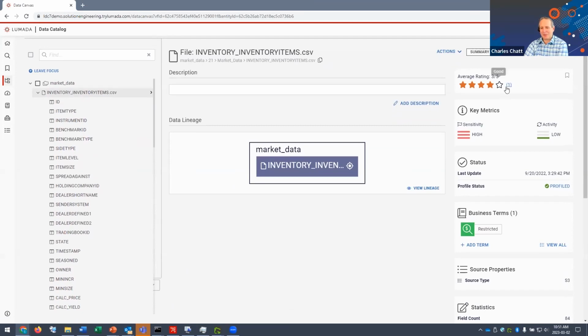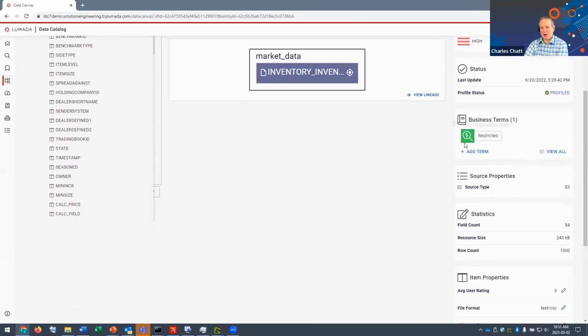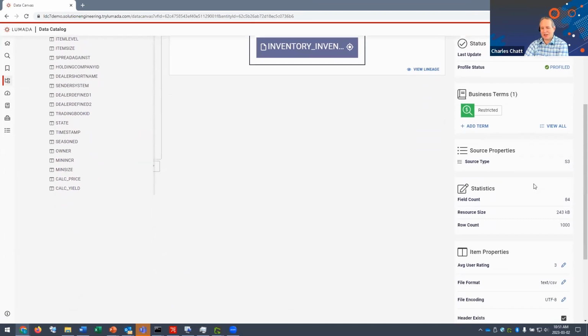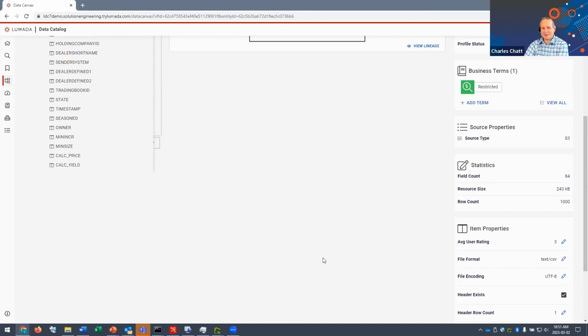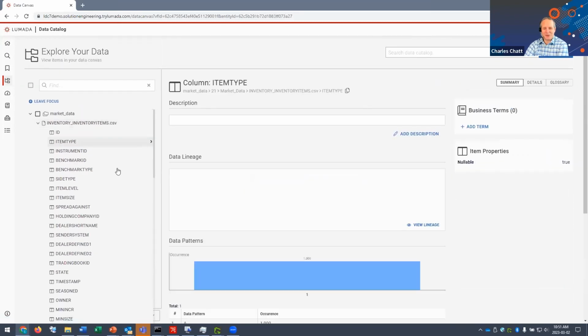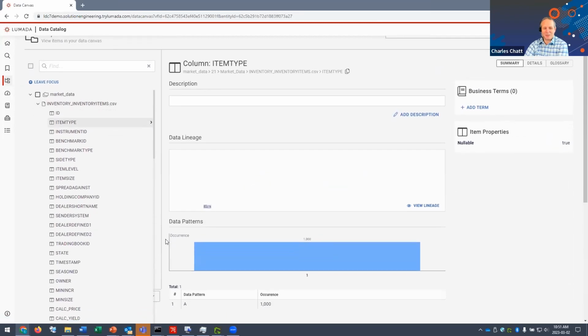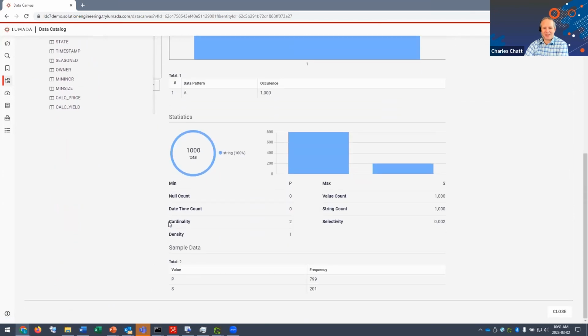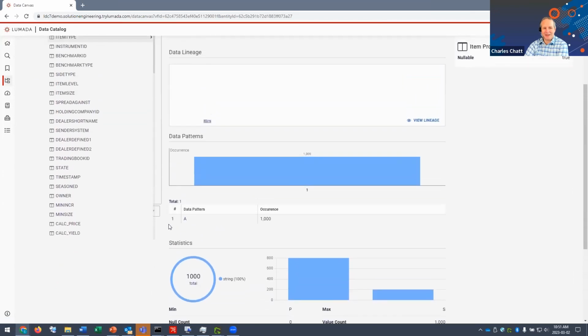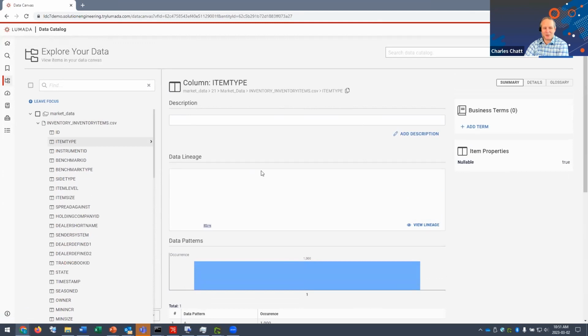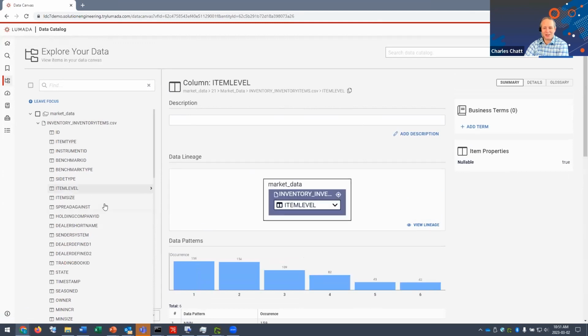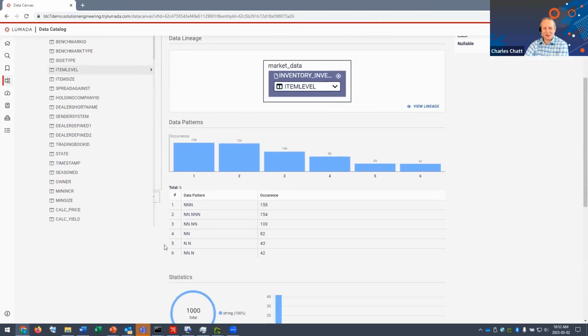Not only that, but a rating system, a way to define specific business terms, what fields are there, not only seeing the fields but getting a profile and understanding the patterns that sit behind that data, and then the ability to curate it and add some additional descriptions to it.